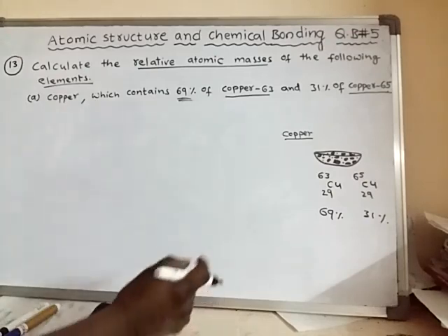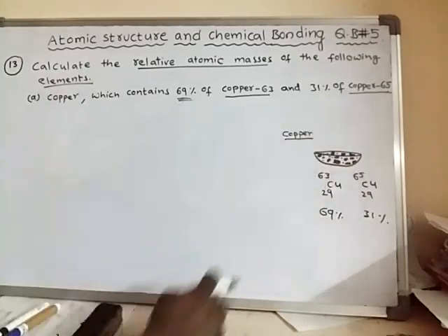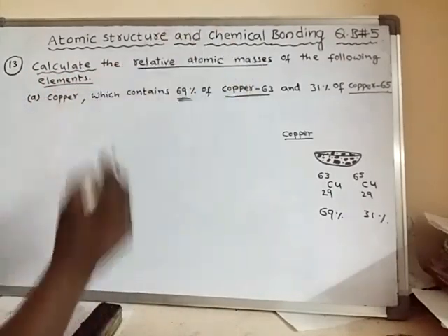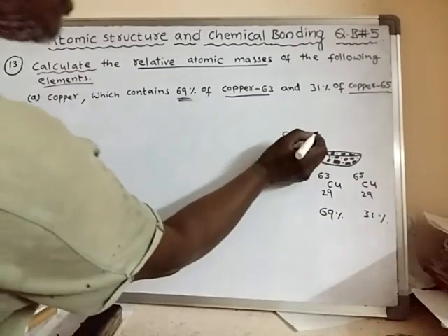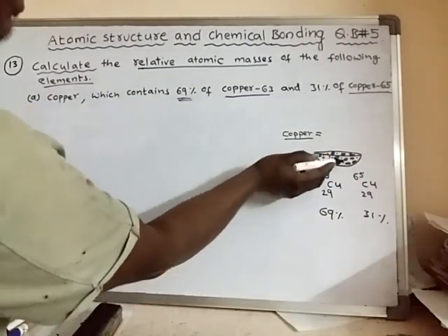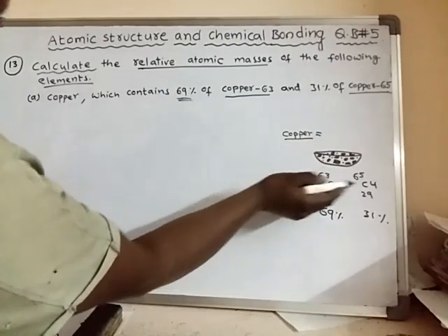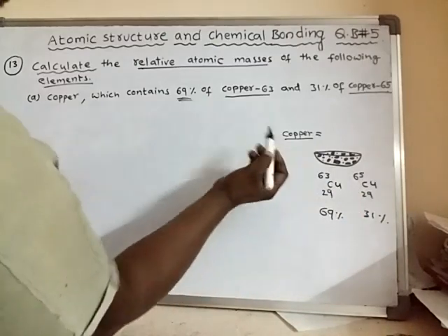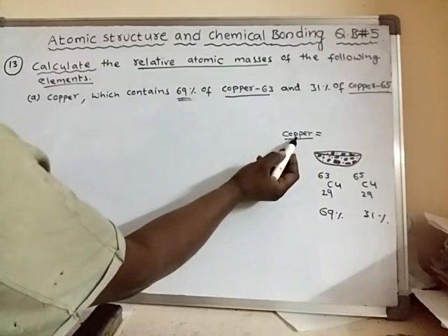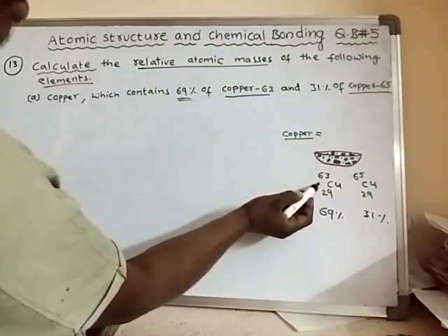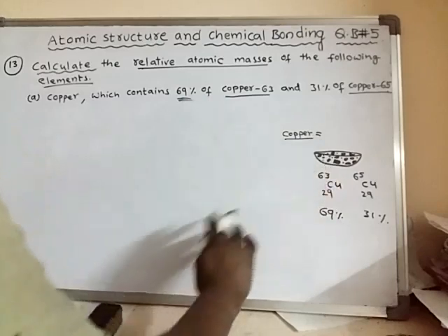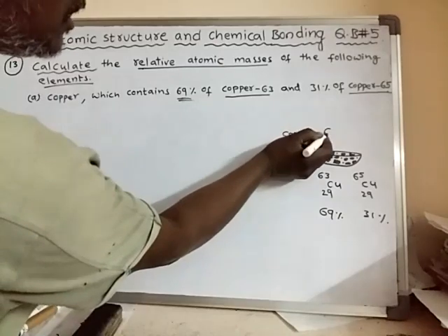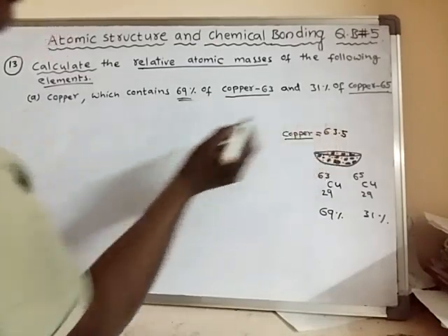Right. So this is the given information. What do we have to find? We have to calculate the relative atomic mass. Now, what is the mass of copper? This particular sample has two types of copper atoms. If there are two types of copper atoms, then relative atomic mass means we have to consider all the different types of copper atoms and give the mass of this copper atom. Generally, the mass of copper is treated as around 63.5.